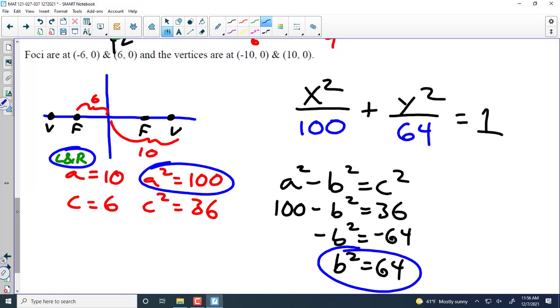Yeah, what's up? So if the negative sign is on both sides, you just cancel it out, like with negative b squared equals negative 64? So what I actually did, right here you mean? Yes. What I did was subtract the 100 from both sides, so I got negative b squared equals negative 64. And the way it cancels is you can either think of it as you either multiply